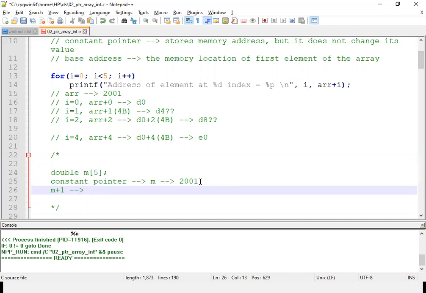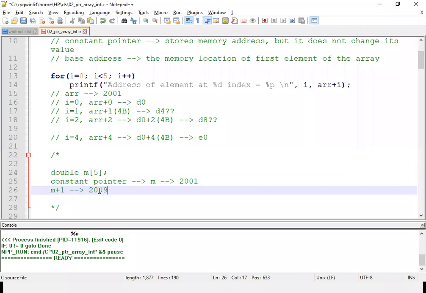M plus 1 will result in what value? 2003, this is one of the answers from one of the students. Okay, can anyone else try to answer? Please unmute yourself, students. So 2009.